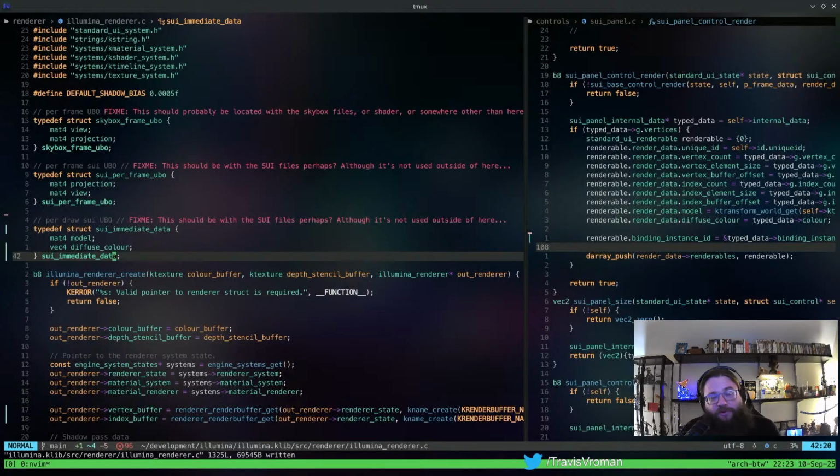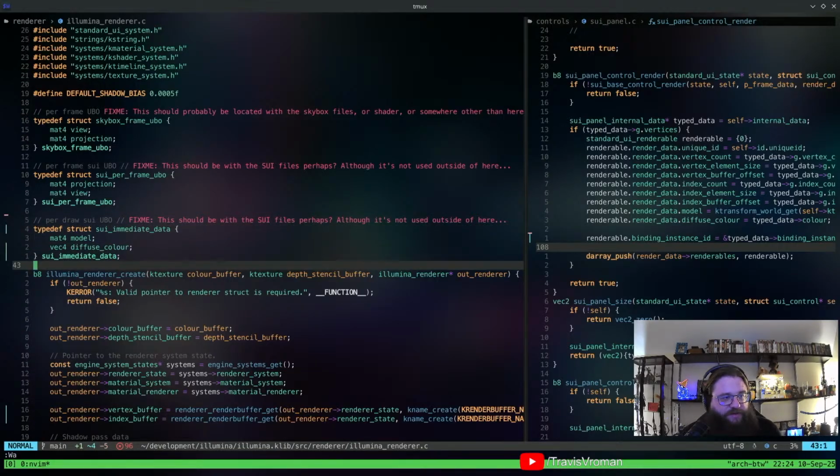On the Vulkan platform, immediate data is a push constant, whereas I know that Metal and Direct 3D have similar concepts, but they're called different things. So I don't want to go with Vulkan terminology. We go with something that's sort of agnostic of that. And so that's the reason that we go with this, right?